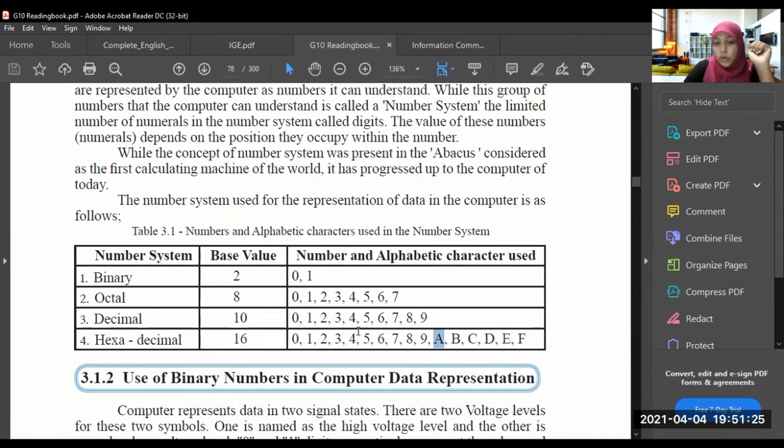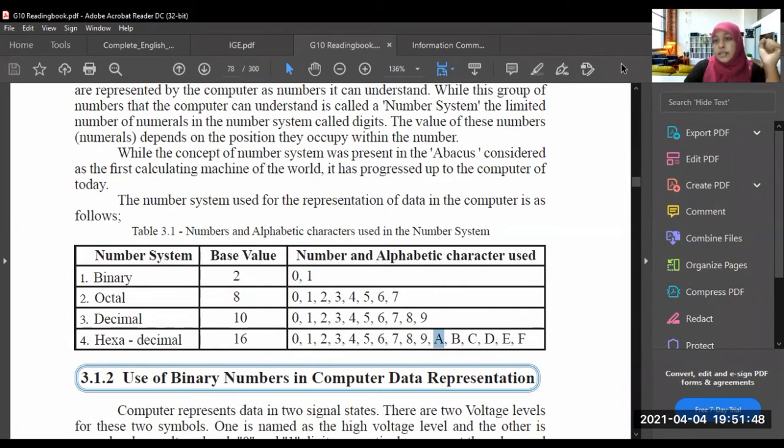So hope now you have an idea about the number systems. There are 4 number systems, with bases 2, 8, 10, and 16. Why are they called binary? Because only 2 characters are used there, 0 and 1. Why is it called octal? Because there are 8. Why is it decimal? Because there are 10. Why is it hexadecimal? Because there are 16.